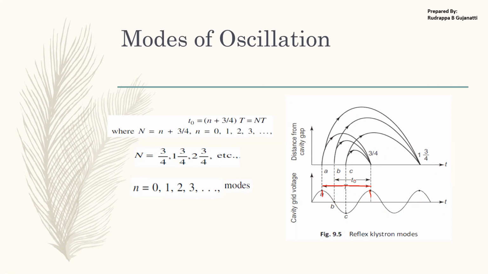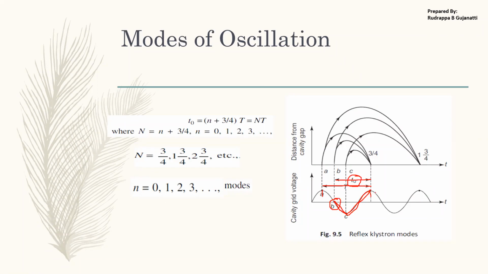here we can see that T0 is specified by the interaction of the reference electron at 0 volt. This is considered the reference. This one is interacting at the positive peak with reference to this, and this is interacting at the negative peak. From here to here, this distance is specified as n plus 3/4. From this reference, if you go, this is 1/4, half, 3/4. So it is 1/4 plus 1/4 plus 1/4, which is 3/4.